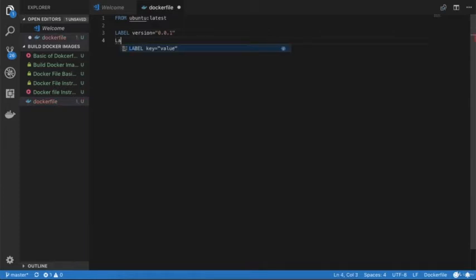Again, define another label, and suppose I'm defining maintainer, and inside the maintainer, I'm defining my email ID. Now, what I did, I started my image from a base image of Ubuntu latest. Then I defined the two labels, the version of my image and the maintainer of my image.